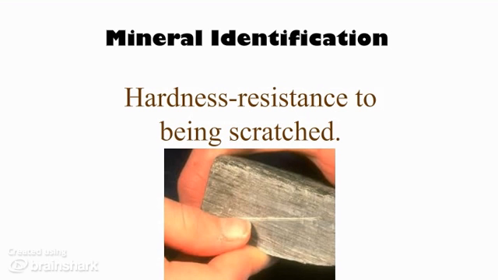And to measure the hardness, we rank minerals on a scale. And the scale is called the Mohs, M-O-H-S, Mohs hardness scale. And this is what geologists use to determine the hardness of minerals. And so they rank it. If it's a lower number, somewhere around 1, then it's very, very soft. The scale goes to 10. So anything on the higher end of the scale would of course have a very high resistance to being scratched. It's very hard.